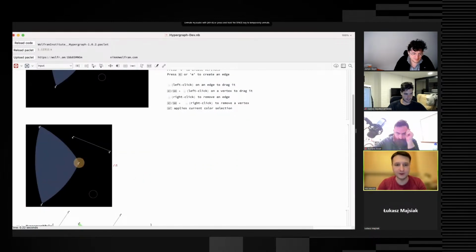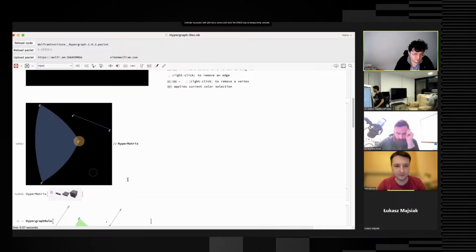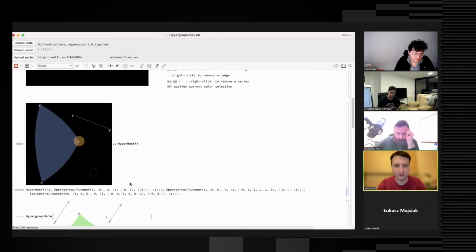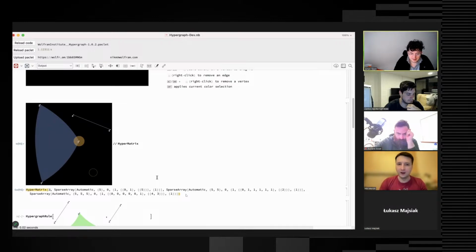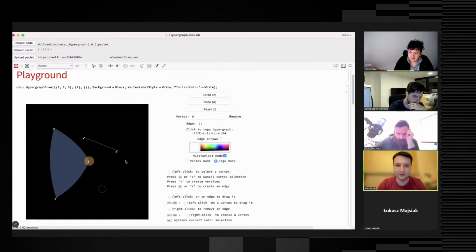Right now, if you take this hypergraph and make a hypermatrix out of it, in the input form it's just a list of tensors or arrays in our case, and the first one represents a scalar because we have a single null edge there. There is one in there. So this first tensor, which is a zero-rank tensor, is a scalar, and that would encode all the null edges in the hypergraph. So what if you had five empty edges? It's going to be five.